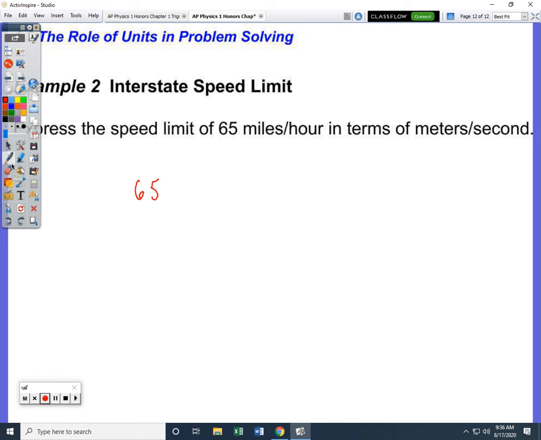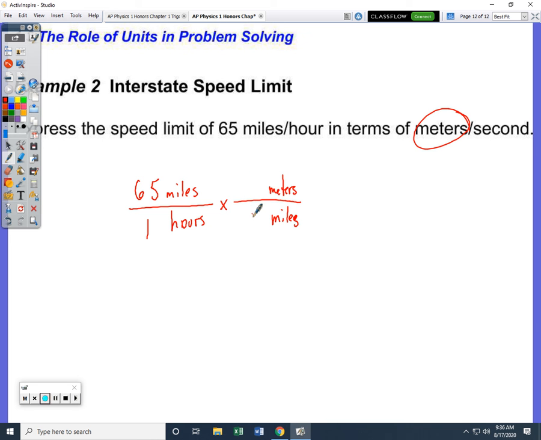I also don't want you to write miles per hour like this, with this slash. It's going to throw things off. And so instead, if you were to write miles per hour, your best bet is to actually write miles divided by hours. Or in other words, 65 miles per hour means 65 miles per 1 hour. That way, when you're converting this, you can see your miles are going to go in the denominator. You're trying to convert this into meters, so you're going to put meters up top. You're looking for a conversion factor that does that.